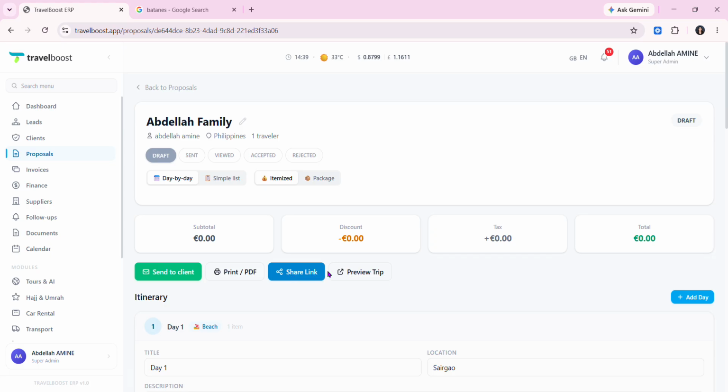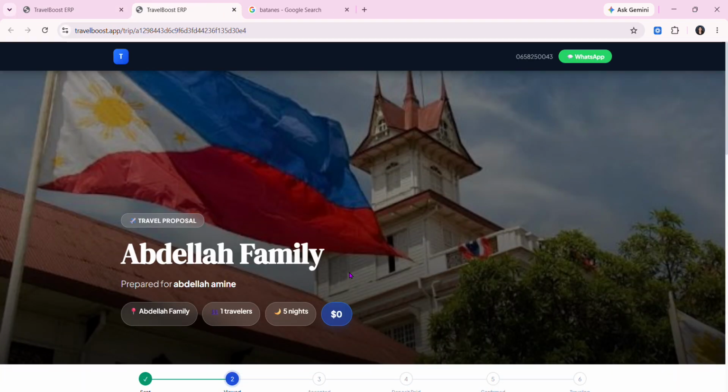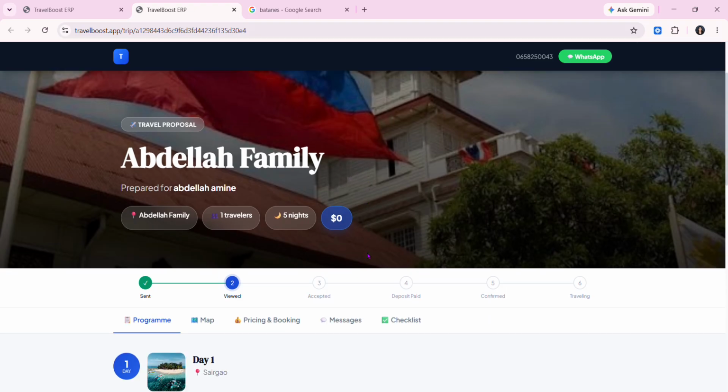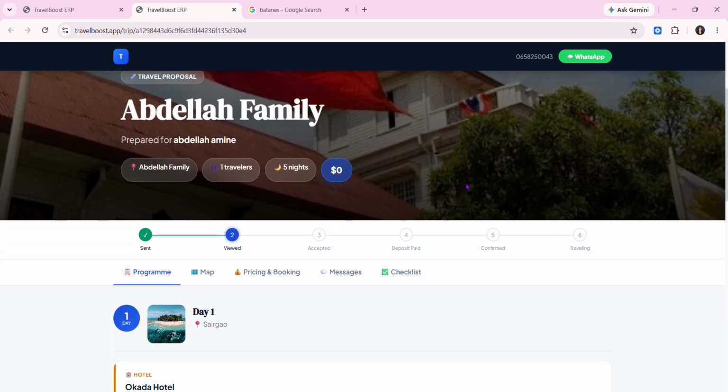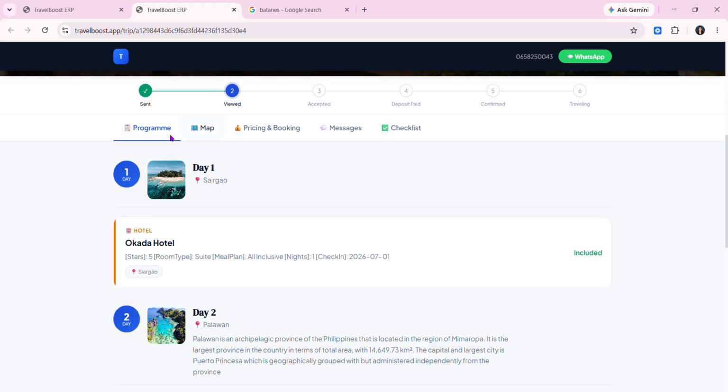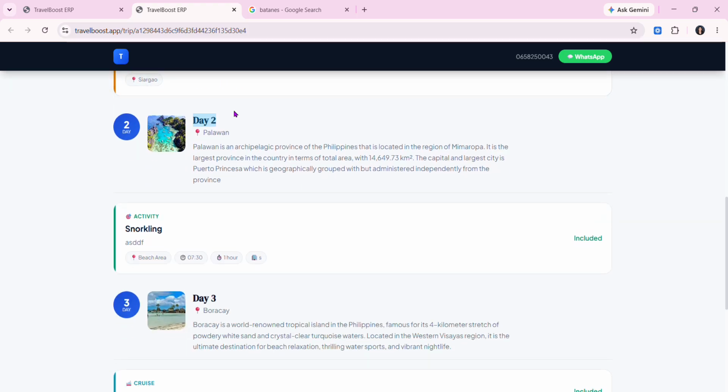Okay, so we can preview the trip here. Just click this one and it will redirect to this one. So Abdella family, of course, the image that we pasted, one traveler, 5 nights. Program: day 1, Siargao, then the item is Okada Hotel.